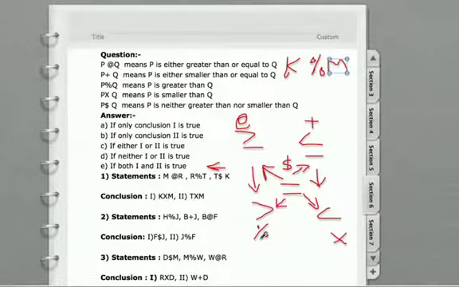So whenever we reverse the sign, we just take the opposite sign from this diagram. I am again repeating, the opposite of at the rate is plus, or we can say the opposite of greater than equal to is smaller than equal to,